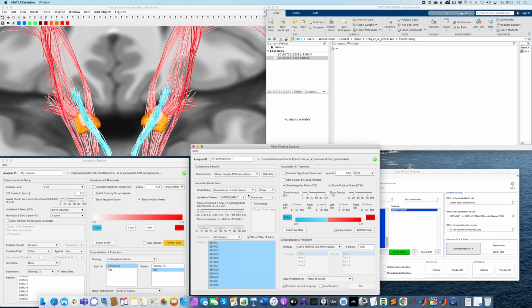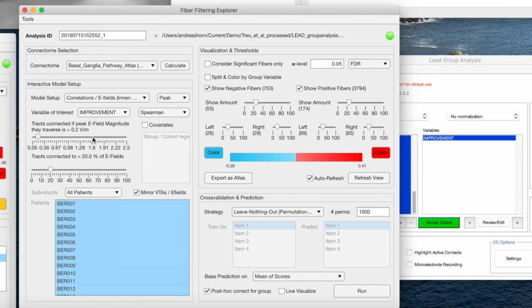Okay, so now what are these two sliders? Now it gets complicated. The first one is only active in the correlations E-fields mode. And it states that a tract will be considered connected if, in this case, the peak E-field magnitude they traverse is above 0.2 volts per meter, right? So only if a tract goes through the peak of the E-field at least 0.2 volts per meter, then it